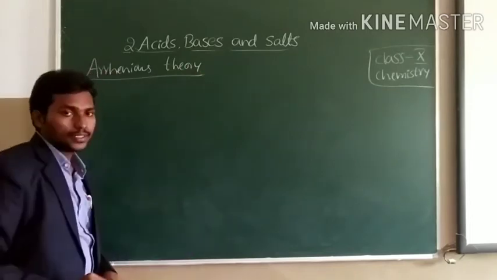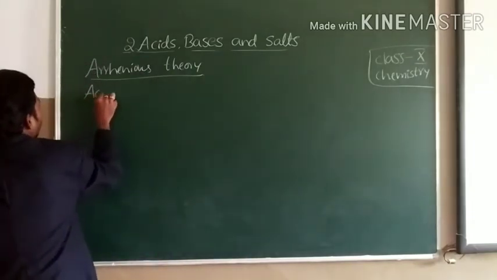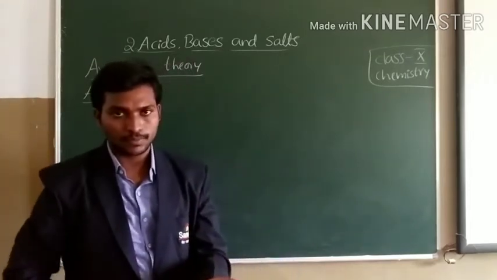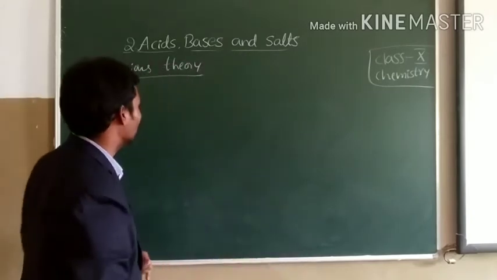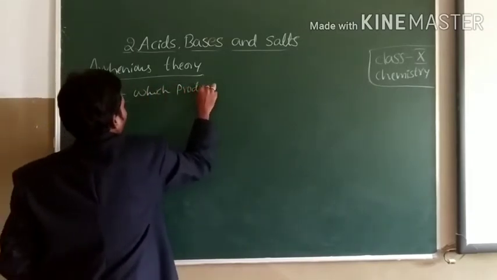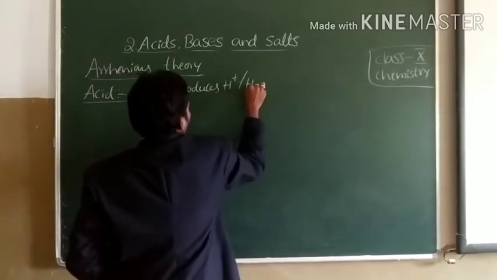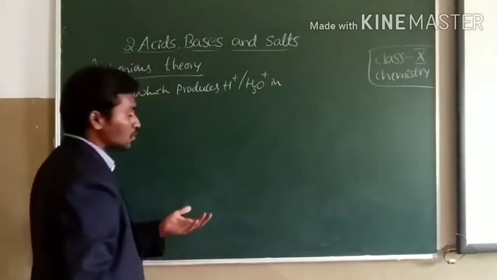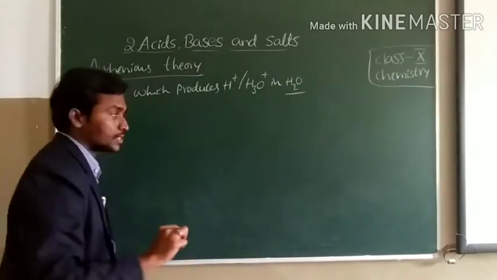According to Arrhenius theory, acids and bases can be defined in such a way that acids are the chemical substances which produce H plus ions in aqueous solution. Substances which furnish H plus ions or H3O plus ions in aqueous solution, in water children, are called acids. For example,